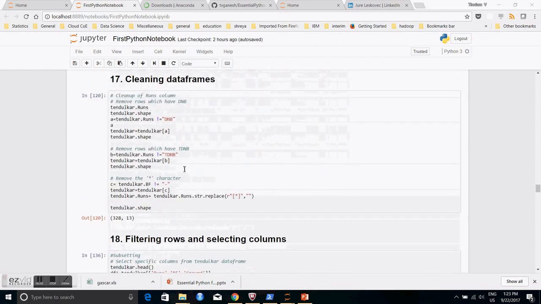And then we saw how to clean data frames. So for example, if you had to remove certain characters, you can create a logical vector by comparing it to that particular string, and then you can subset based on the logical vector. So we have seen that, and then you can replace any specific character by doing .str.replace,